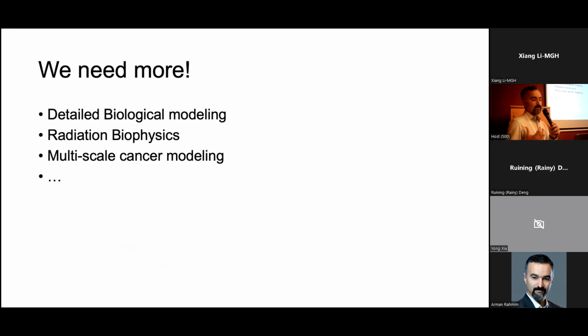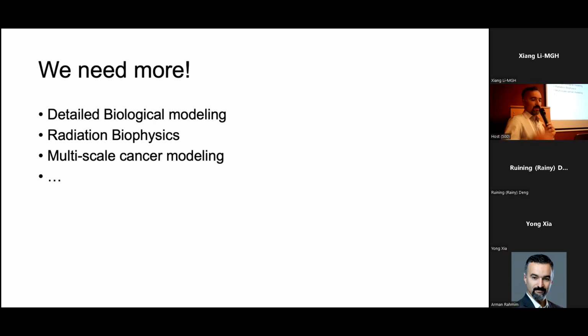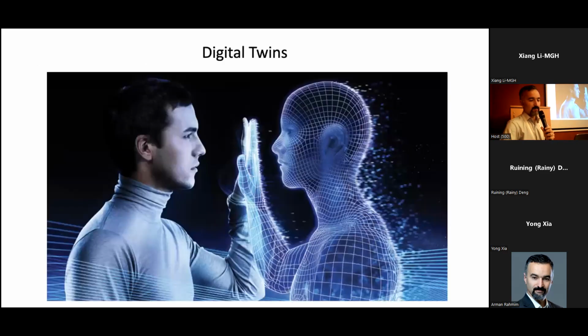So can we use these phantoms to predict how much therapy will be happening to the different targets in advance, so that we could optimize the therapies? So can we do virtual therapies? That's the idea, virtual therapies, to optimize what we're going to do for this patient and then actually use that on that patient. So the concept of digital twin, therefore, is going to be at the center of personalized